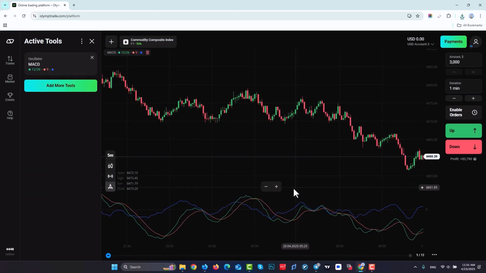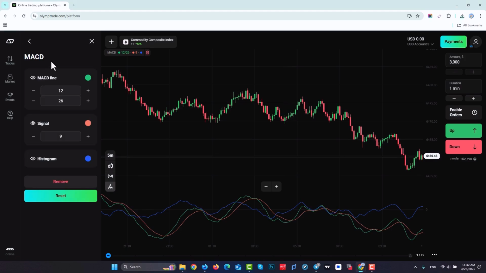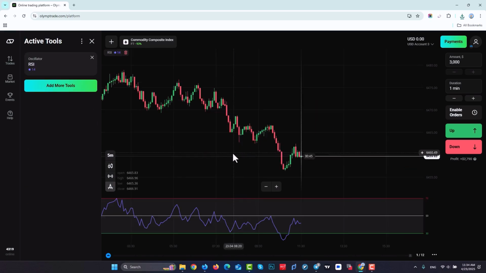This oscillator shows the difference between moving averages, and it is suitable for identifying trends and strength. To change the settings of this oscillator, you click on this option, and you can adjust the settings in the categories of MACD line, signal, and histogram. To remove it, you click on this option, and to add the RSI oscillator, the relative strength index, you click